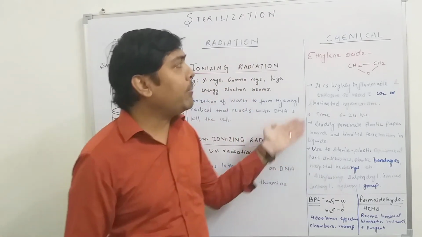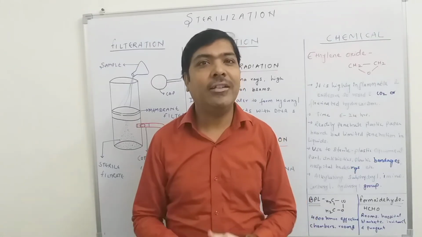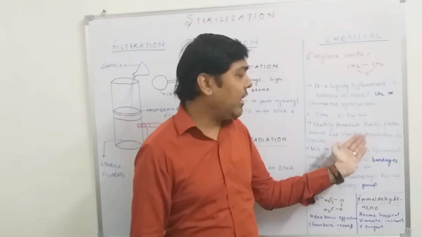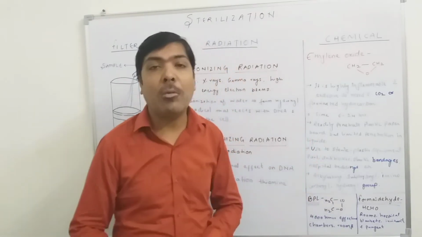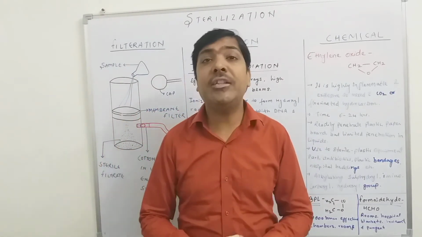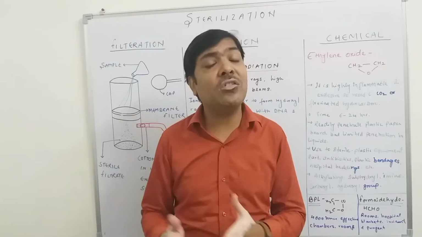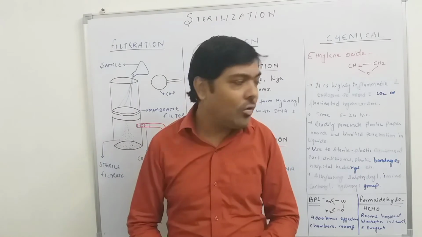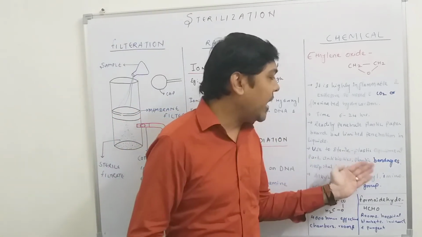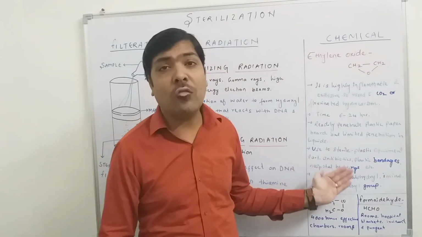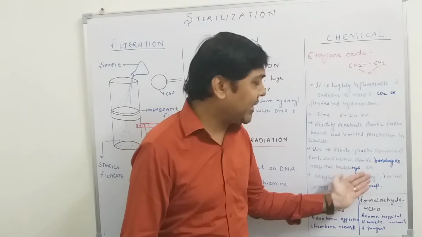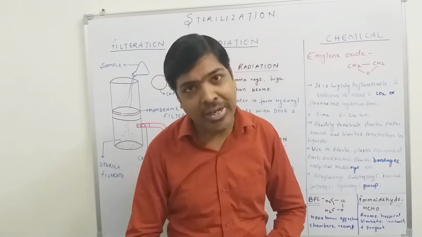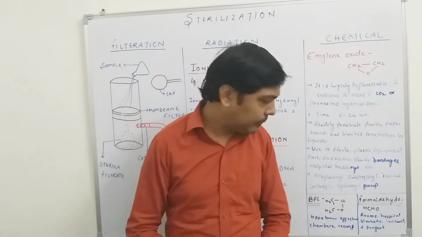Now, if we talk about the penetration power of ethylene oxide, we will find that it is very good if we are talking about plastic or paper boards. But the sterilization power of ethylene oxide is not that much, especially if we are talking about liquids. So, if we have to sterilize any plastic equipment, antibiotic powders, plastic bandages, hospital beddings, etc., then definitely ethylene oxide can be the better choice.